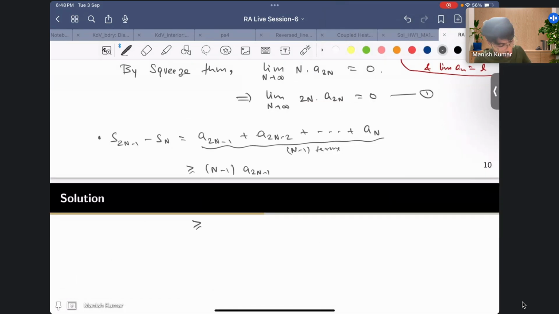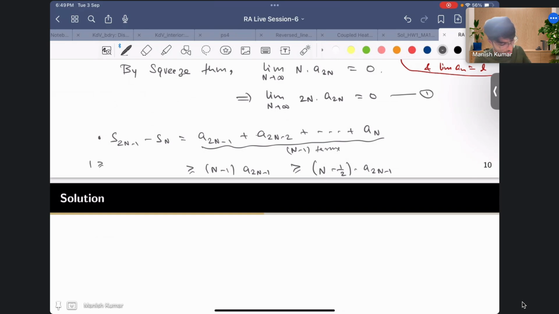Just to bring in 2, I'll write this as n minus half, right, times a_2n minus 1. So I have just used this one, which is greater than or equal to half. Okay, then